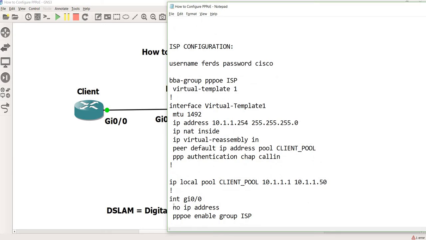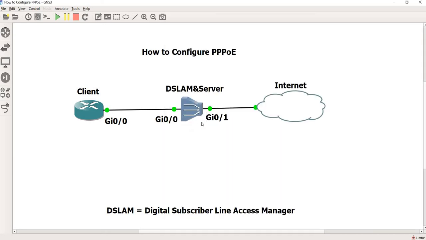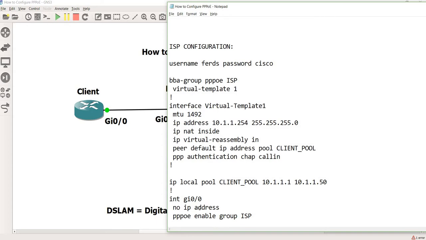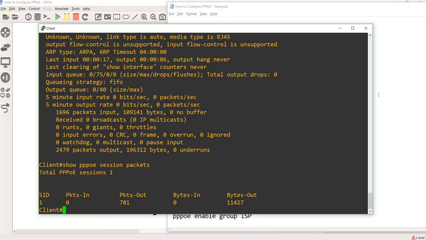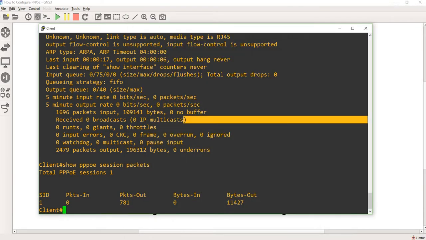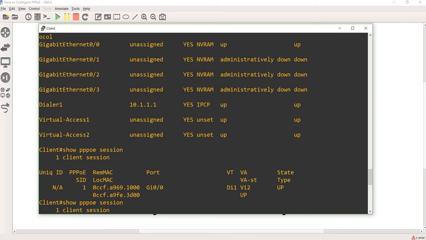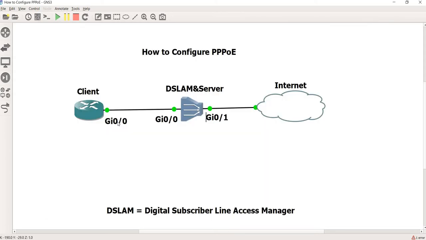And this is how you configure the physical interface. So in this case, gigabit 0/0, no IP address, and this is the group. So here, basically, you're calling this group and enabling it on the physical interface. I mentioned earlier that even if you shut down this physical interface, gig 0/0,